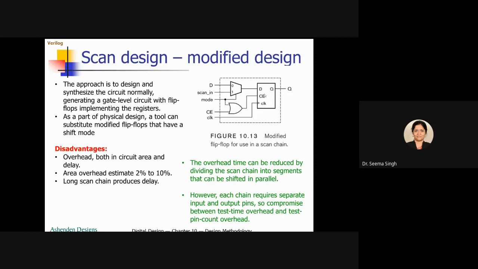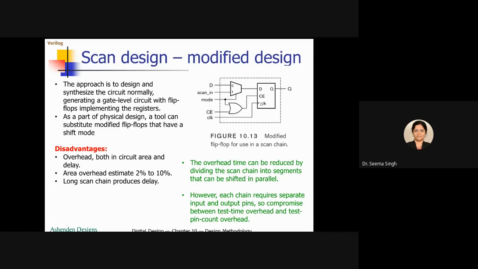So inside this box, you will have your D flip-flop as well as this extra circuit to make it testable for scan chain. So now when you saw that mode is 0, it was behaving as a normal D flip-flop. But if mode is 1, then what happens? Mode 1 means scan in data will go inside the D flip-flop. And mode 1 also will enable the chip through this OR gate, chip enable.